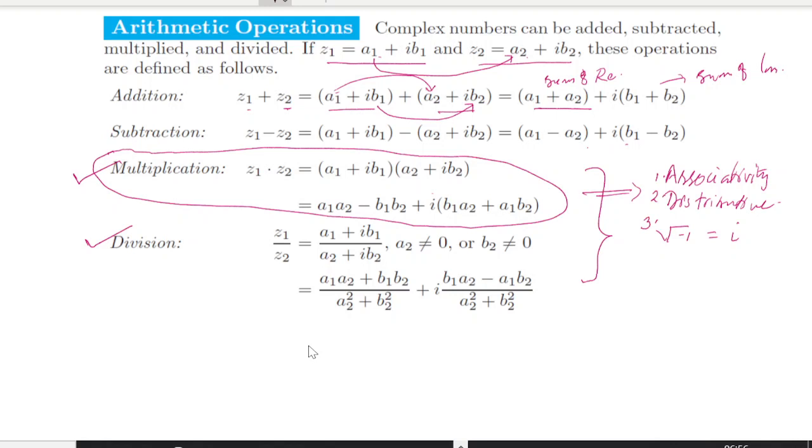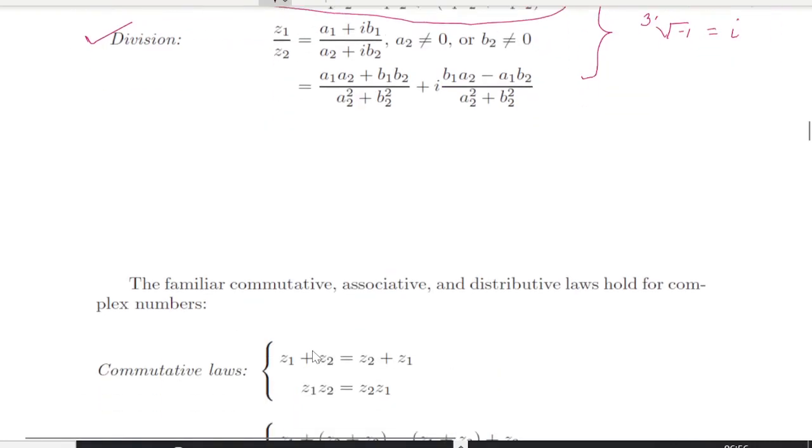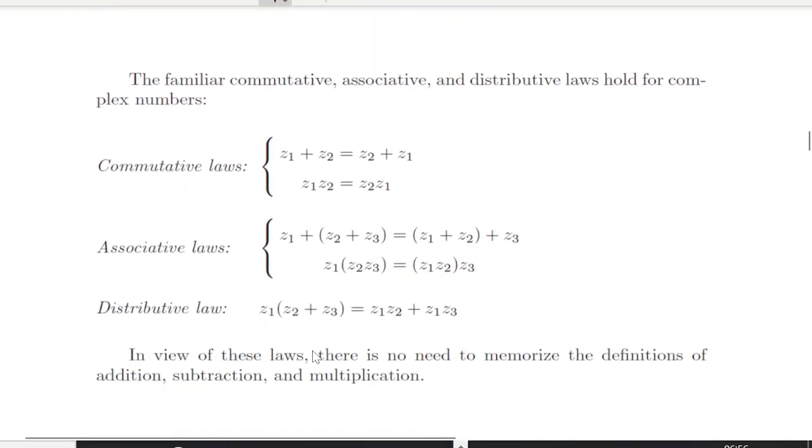By using these 3 points, we can easily find the product of any two complex numbers. Let us see how we can find this. So what is commutative law? Commutative law says that with respect to addition, z1 plus z2 equal to z2 plus z1. Then we will say that this is commutative. With respect to multiplication, z1 z2 equal to z2 z1. So it doesn't matter how you are operating these two elements, whether you are taking z1 at first and z2 second, or z2 first and z1 second. No specification of which order you are writing z1 and z2.